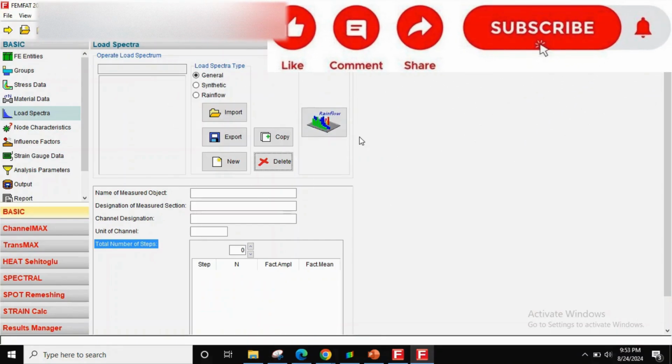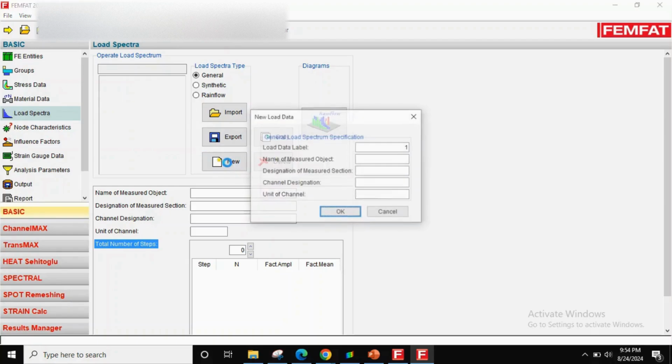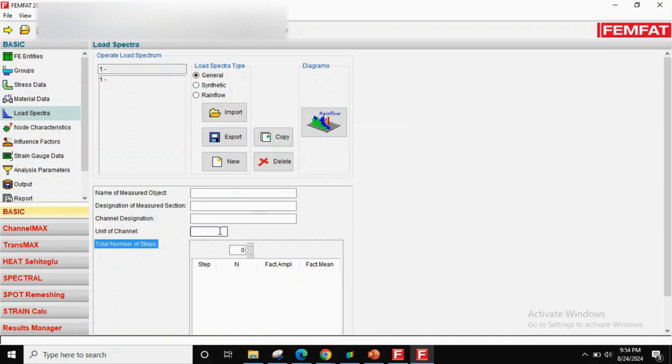Today we will see how to create a fatigue block cycle in FEMFAT. So the first step is to input the FE entities, groups, stress data and material data. Then you will go to load spectra, and in load spectra just click on new here, just press OK, and